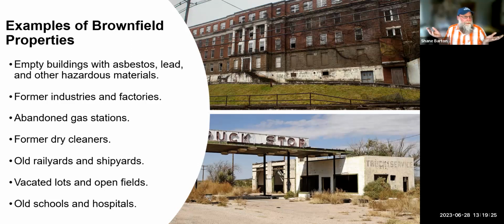So we've mentioned properties, right? And I think sometimes it's hard to conceptualize, like what could be a potentially contaminated property when we may be driving by them all the time. Lynn or Kiersten, can you sort of share or point out some of the types of properties that folks may be seeing that are actually brownfields that they may be able to leverage some of the programs and technical assistance we're going to be sharing today?